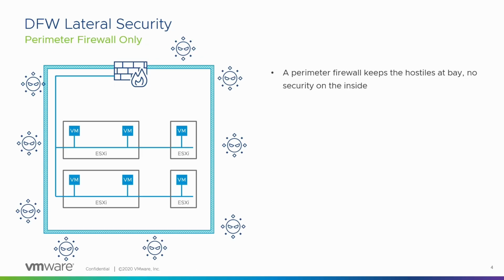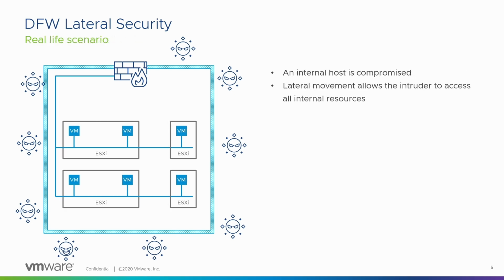So let's take a look at a traditional data center with only a perimeter firewall. Now, the perimeter firewall's job is usually to keep the hostiles at bay from coming inside the enterprise network. The enterprise network most likely does not have any east-west security. So what does this mean? Well, if an internal host is compromised, that lateral movement is going to allow the intruder free access to all the internal resources. As you can see,